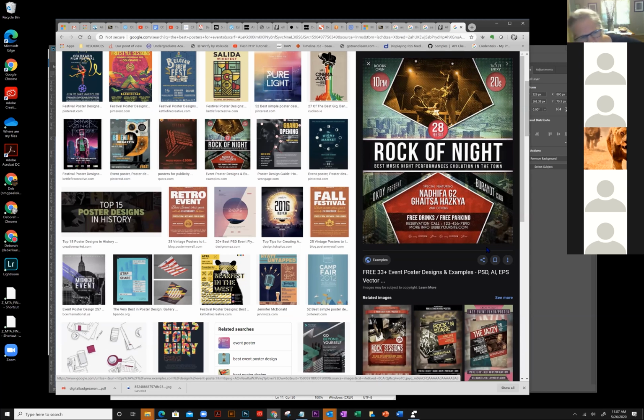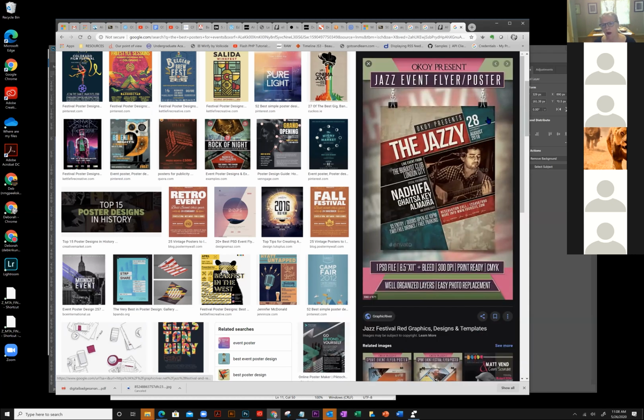And that's why I've given you this Google page that shows you how engaging these forms of poster designs are, which can be a magazine ad and so forth. And we're going to talk a little bit more about design